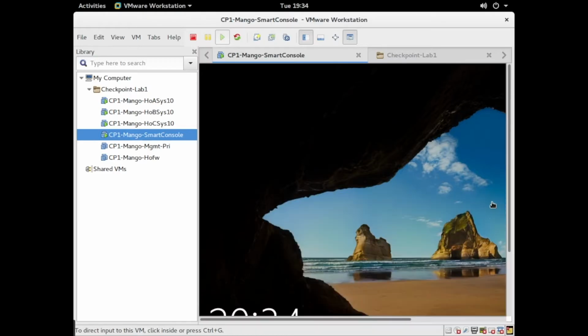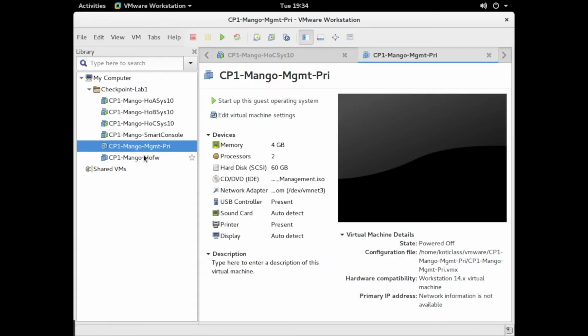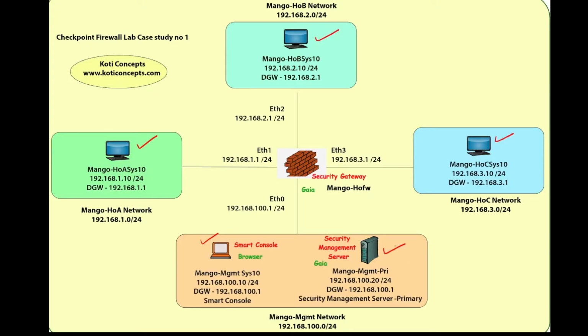We also have one more system here, and then two more systems here, one for the management server and one for the security gateway. So in this lab, we are working with 1, 2, 3, 4, and then 5 systems.